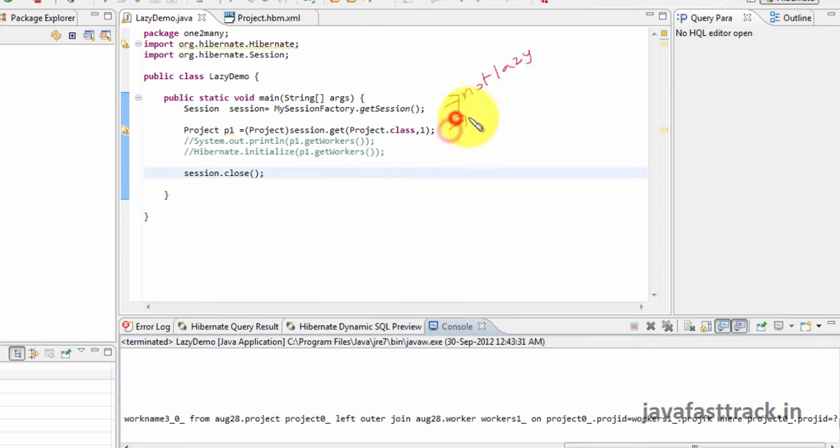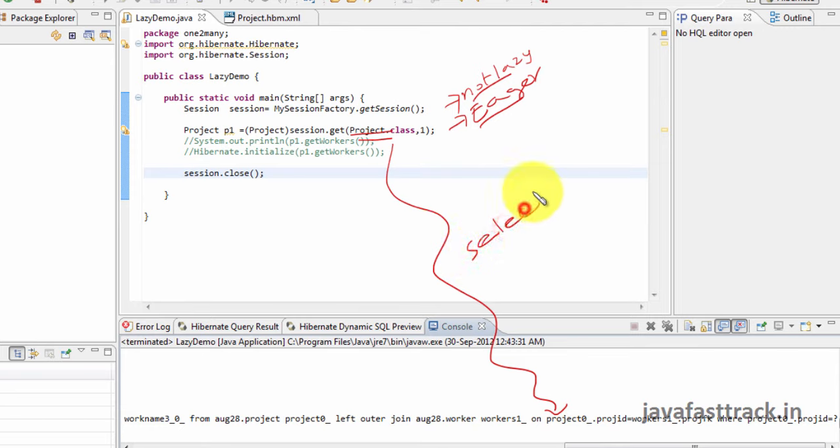Not lazy is called eager loading. Fetching project automatically tries to fetch the associated data. You can use the fetch property. If you want separate select queries, mention fetch equal to select. If you want a join query between the two tables, then you mention fetch equal to join.